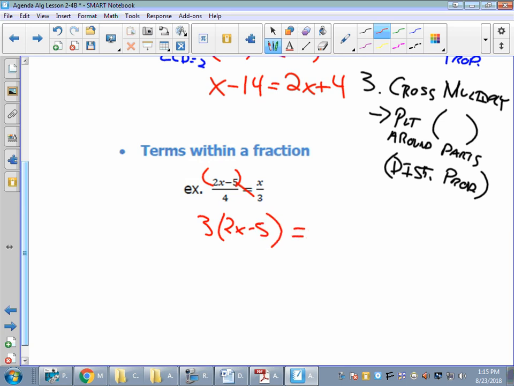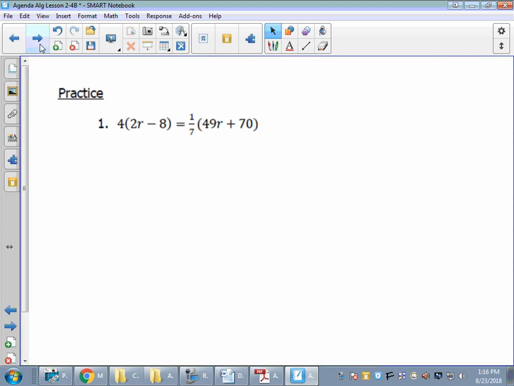And on the other side, you're multiplying 4 times x. So that's what we have. Now I can go ahead and distribute and solve from there. I would distribute the left side first, combine like terms, and isolate the variable using inverse operations to solve. So those are 3 different ways to solve it. So let's work on some examples of each, and we'll give you one of each, and we'll solve it that